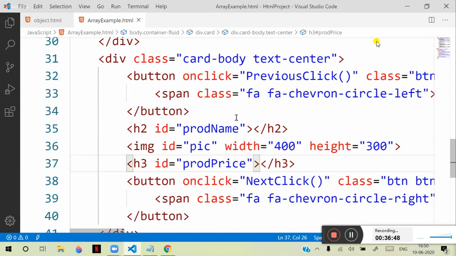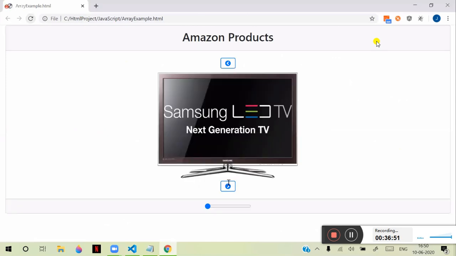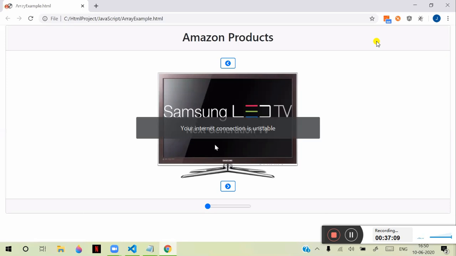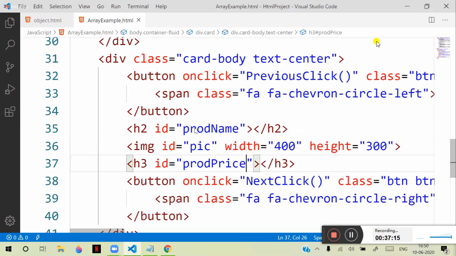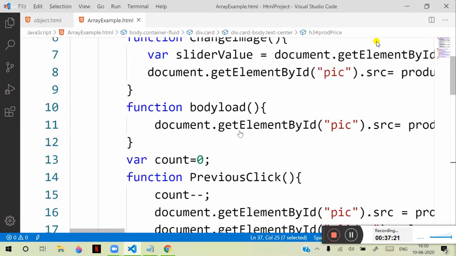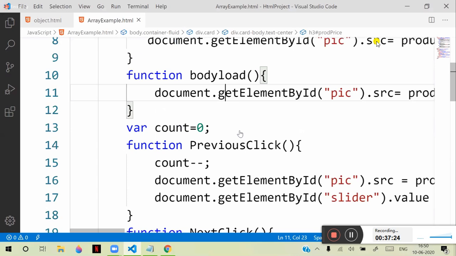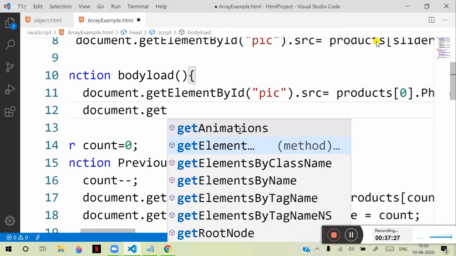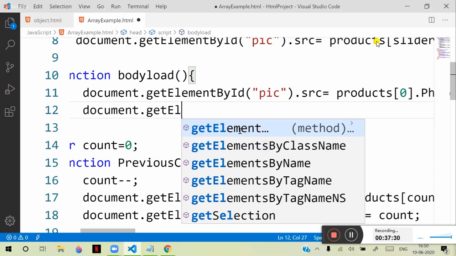Now it's okay. Why? Because we are having above and below. Later you can design. Here the point is the product name should be displayed in this heading, and the product price in this heading. That means when the body loads, I need to get the first product here. So what we have to do, document get element by ID, that is prod name dot inner HTML